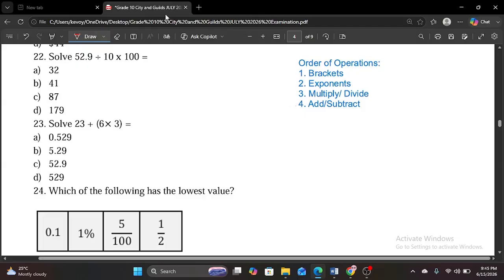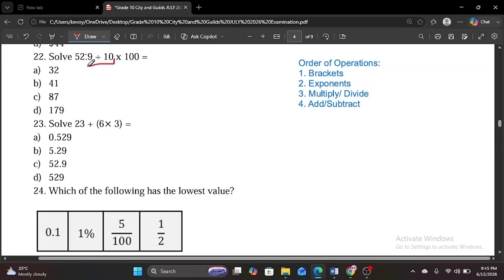Once they're on the same level, you don't say that because of PEMDAS, M comes before D, so you have to multiply before you divide. No, they're on the same level. That means that whatever sign you see first from the left hand side, we will do it first. So we divide first. So dividing 52.9 by 10, that's just gonna be equal to